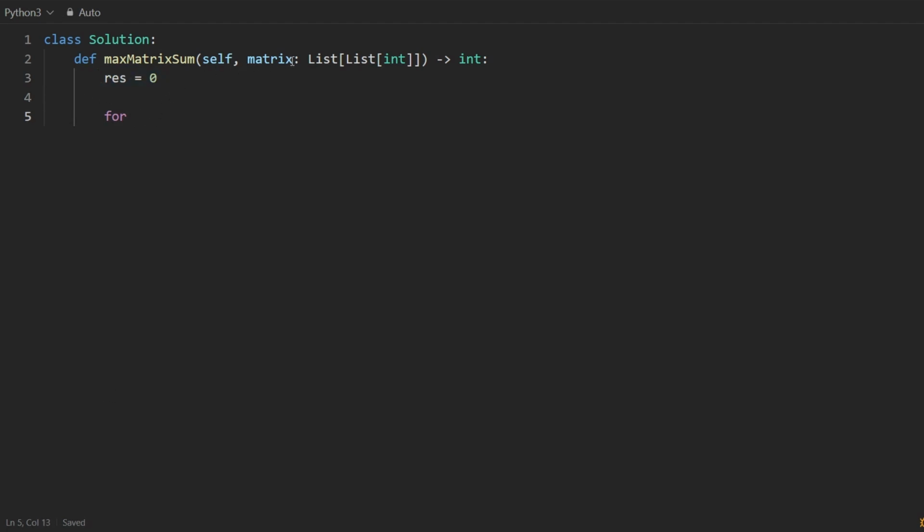And we could get the dimensions of the matrix, but really we just want the values. The positions are irrelevant to us. We don't really care about the geometry of it at all. So we say row in matrix, and then for every value in each row, I just want to add that value to the result. N here does not refer to the dimension of the matrix, so just want to be clear on that. After we're done, the naive thing to do would just be return the result,